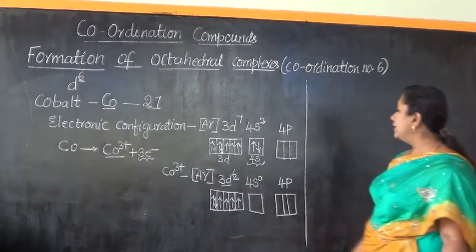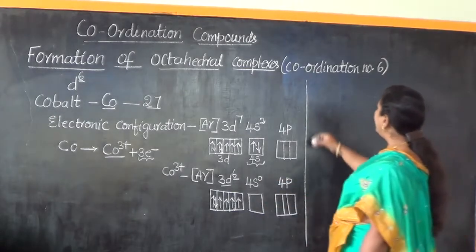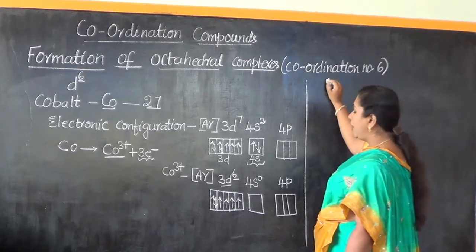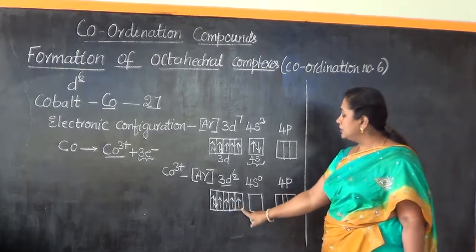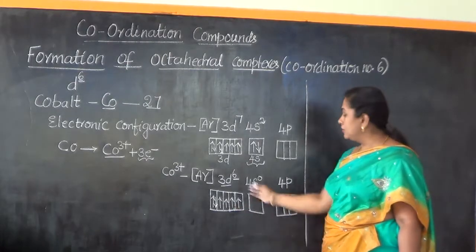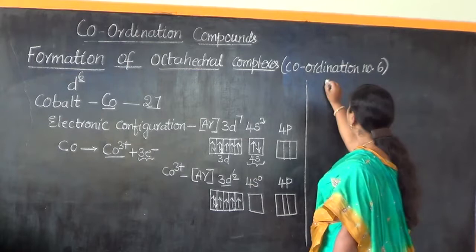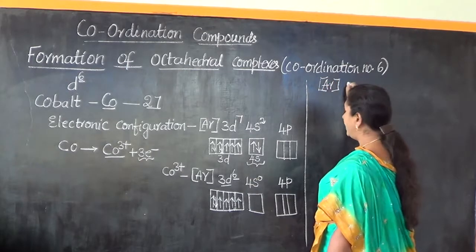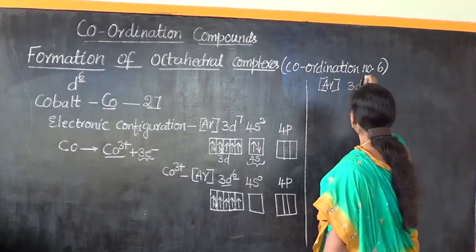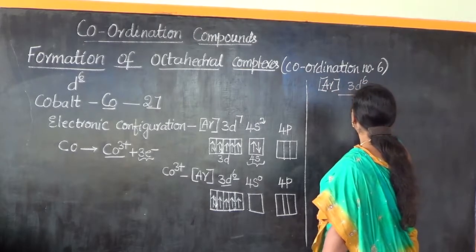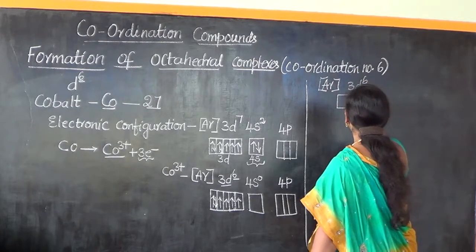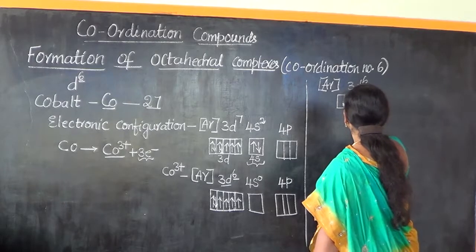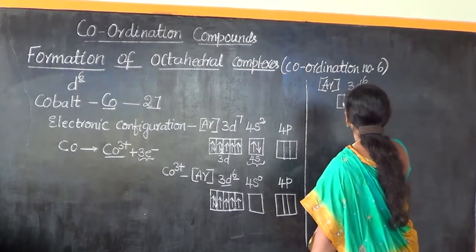Now let us take up the example of the amine ligand, which is a strong ligand, approaching. If the amine ligand approaches, it will force these d orbital electrons to undergo pairing. So what will happen now? For the Co3+ ion, argon will be there, and then 3d6 will be there. But what would be the status in the orbitals? Let us check it. 1, 2, 3, 4 and then 5.